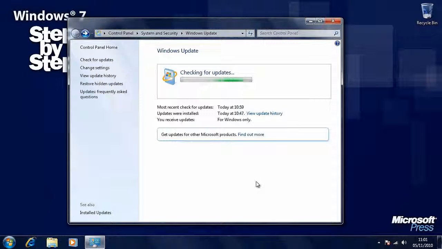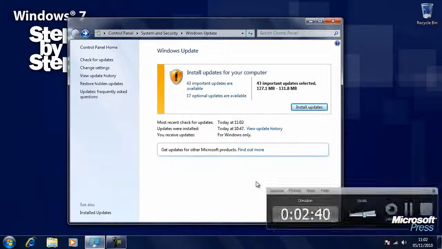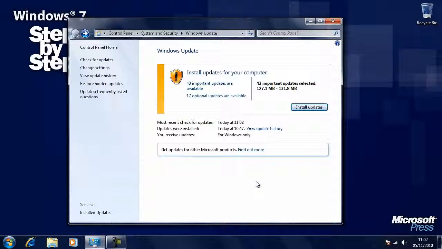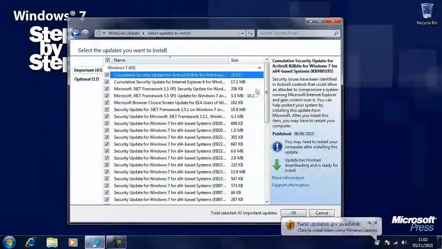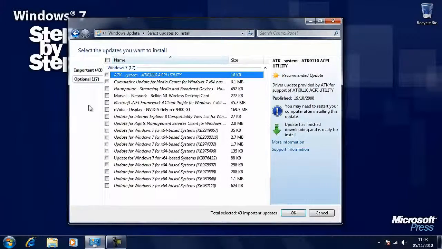Windows Update will now check for updates for your computer. Here we can see Windows Update is telling us there are 43 important updates available and 17 optional ones. Let's have a look at the difference between the two. The important updates will almost always be ticked. You can see the tick boxes here down the left hand side, and I would recommend that you install all of them. Optional updates, they're not essential for